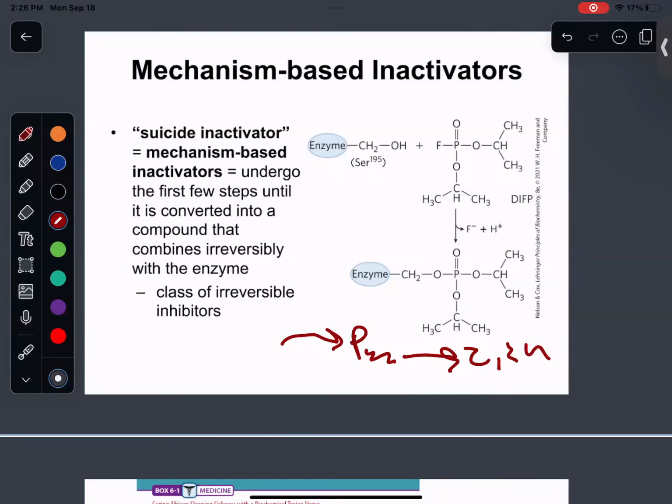Another type of irreversible inhibitor. And these have a super high affinity, right? Super high affinity, but they're not going to really give the substrate any chance to go to product. Okay, the bottom line is they're stable molecules, and they're meant to resemble transition states. They're meant to basically be a copycat. Okay, they're irreversible inhibitors. They bind to an enzyme more tightly than the substrate does in the enzyme substrate complex, and they're irreversible. They bind extremely tightly.